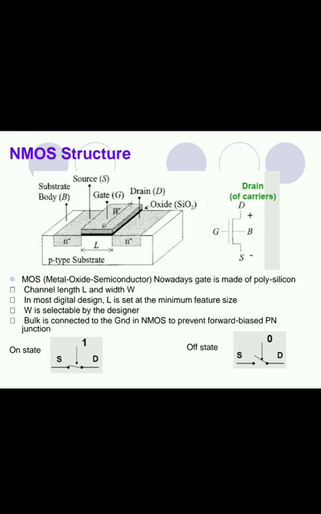So here we are connecting the substrate or bulk to the ground to prevent the forward PN junction. That's why we can use the NMOS MOSFET as a switch. Because if we keep one PN diode in forward bias and another diode, NP, in reverse bias, we can keep our MOSFET as a switch. You can see it's an on state and this is an off state. If the switch is not closed, we can say that is the off state. So we can say MOSFET we can use as a switch.